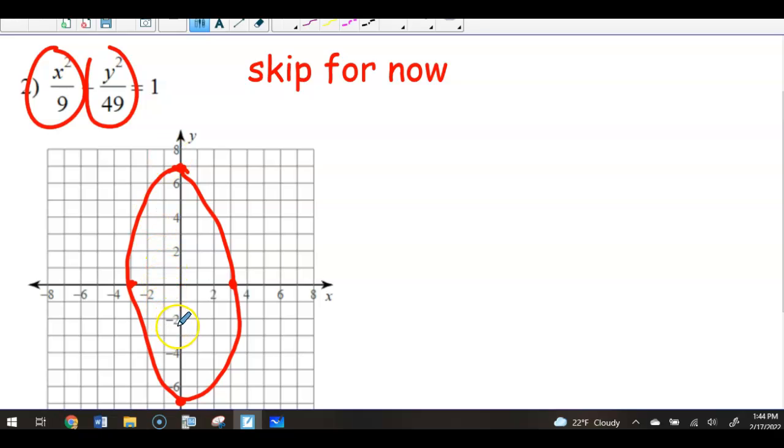But the other thing you have to do, you would name these the vertices up here at 7. We want to cross 0 and up or down 7. That would be the vertices. And the co-vertices out here would be at plus or minus 3, 0. And the only other thing you have to do is the